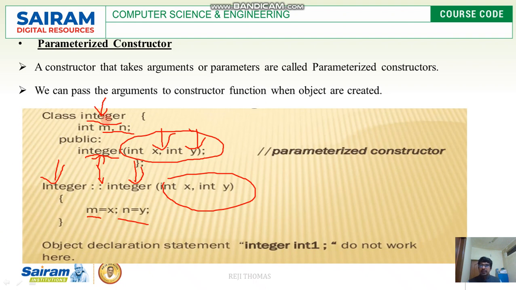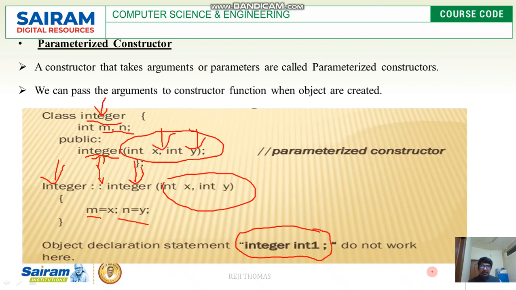Now think that for this class I'm going to create an object like this: integer int1. Now what happens? I've created an object int1, but there is no parameter to pass, yet we have a constructor which takes two parameters.